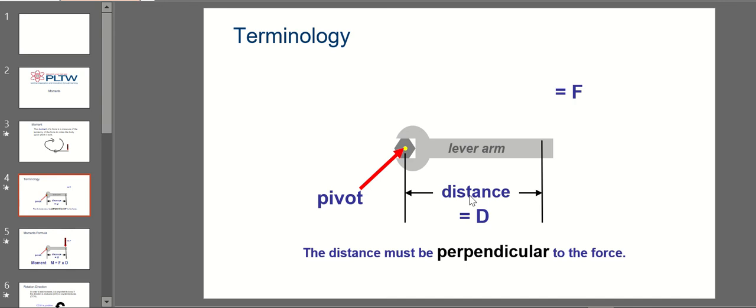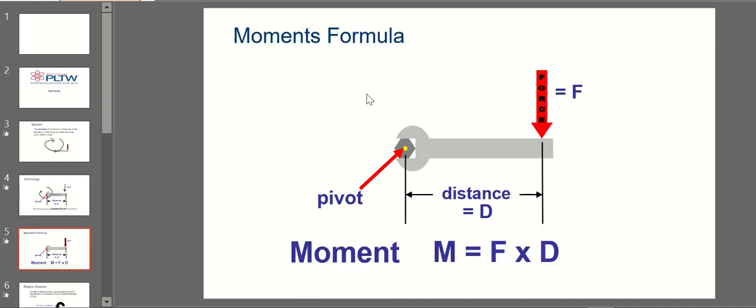Okay, so this is what you have. You have a distance, a pivot, and some force, and that is applied here, and then everything will go around this way. So I have my rotational force. And there's my formula: force times distance. The force applied